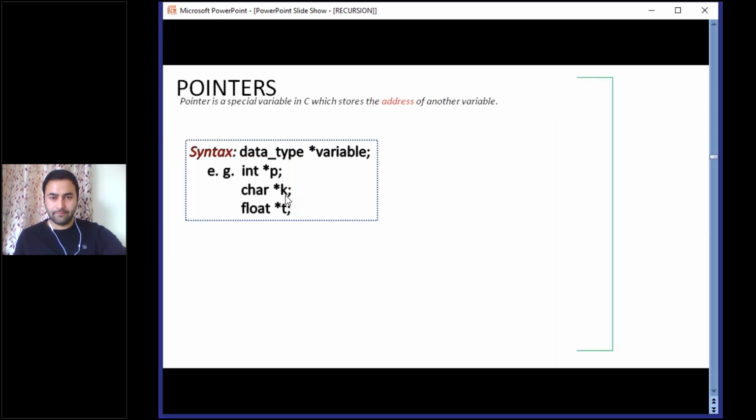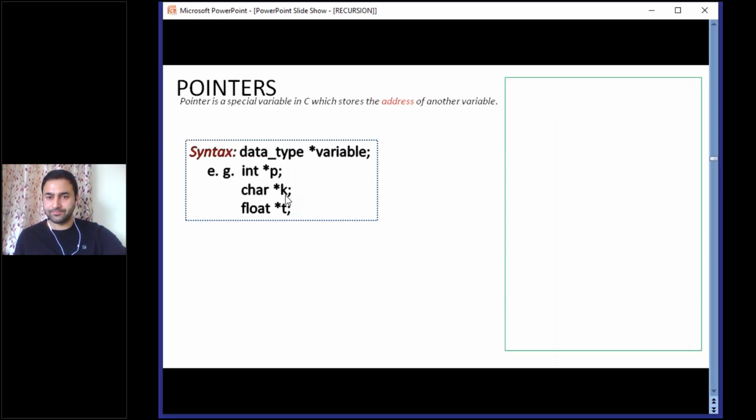Now let us see pointers with the help of an example. Just a second.